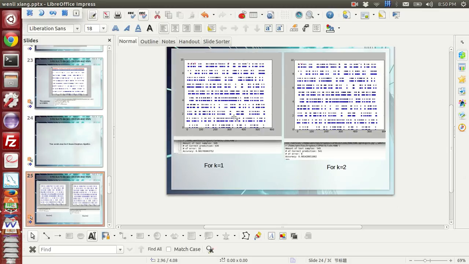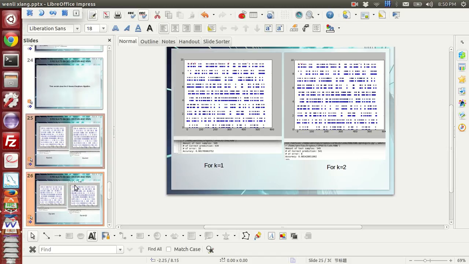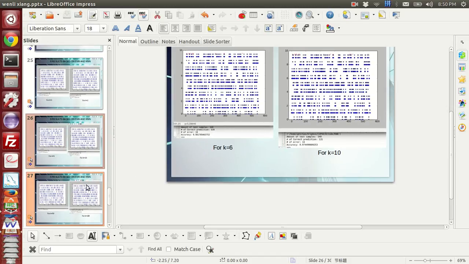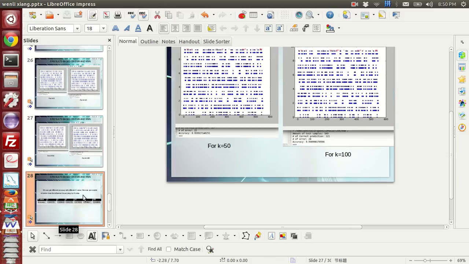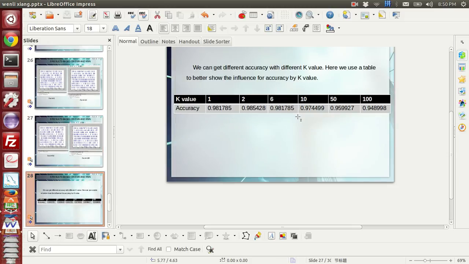I actually used 6 different k values in my experiment. K equals 1, 2, 6, 10, 50, and 100. And finally, I get a table for this. We can get different accuracy with different k values. Here we use a table to better show the influence of k value on accuracies. You can see